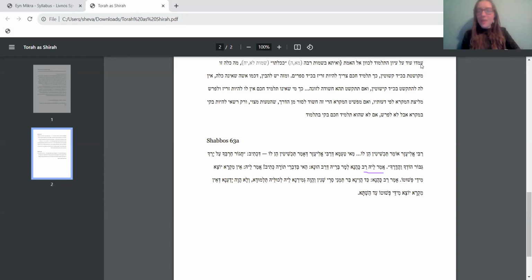This is the main place where this is usually discussed when people are talking about the concept of pshat. But I do just want to mention that this is not the only time that Ein Mikra Yotzei Midei Pshuto appears in the Gemara. There is another time that it appears also. I'm not sure, there might be a third, but I know there is a second time where it appears as well. And this is, again, usually the place where it's discussed. But Mar is not the only one who ever said this. This is something that we see in other places as well.